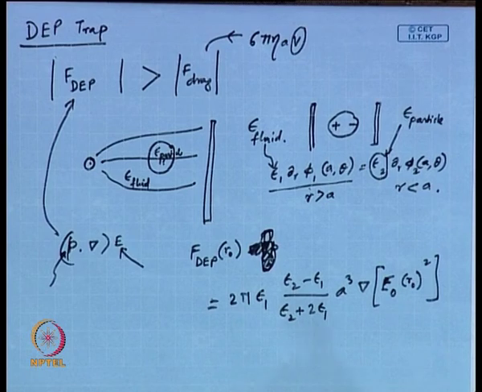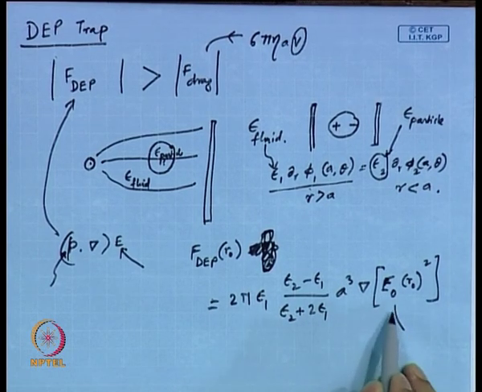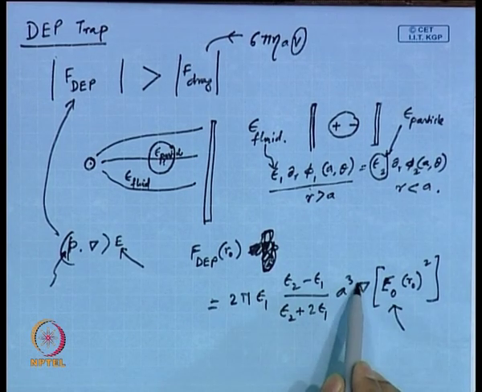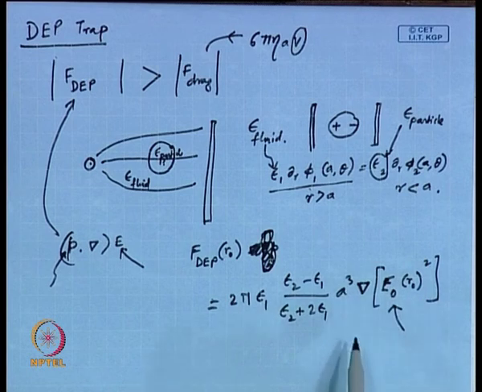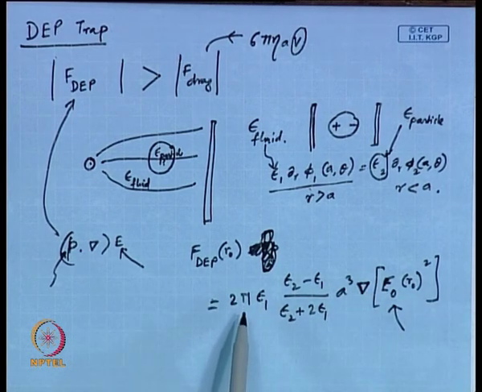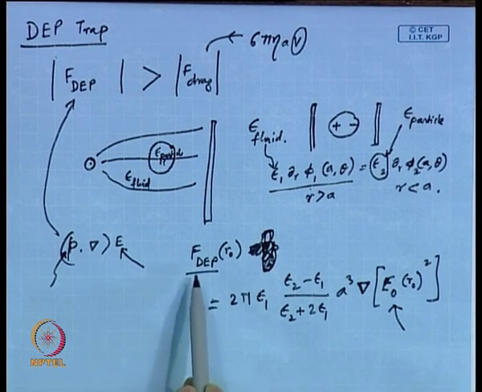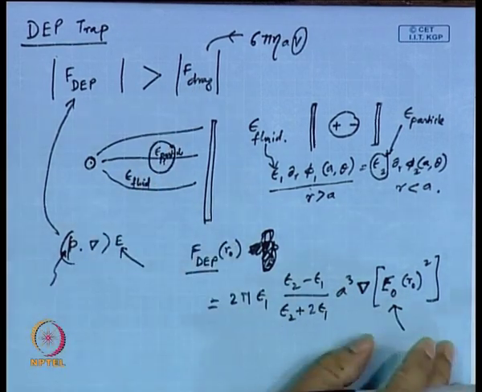What is left out now is that you have to give an expression for this, and there is this sine, so you have to take the derivative of it. You have to come up with an expression for this and take the derivative of it, and then you can put all of them together and come up with an expression for FDEP at R0,